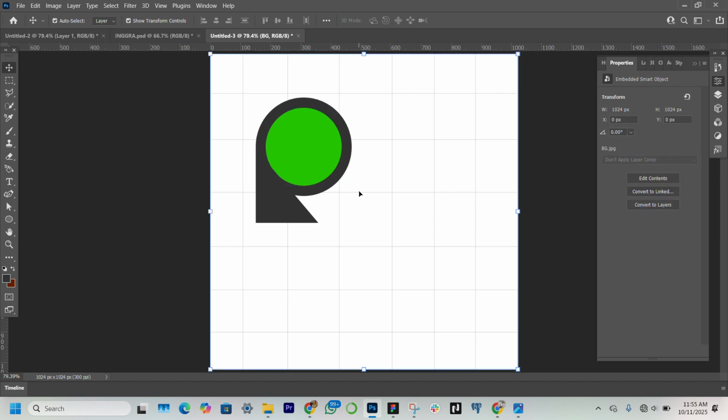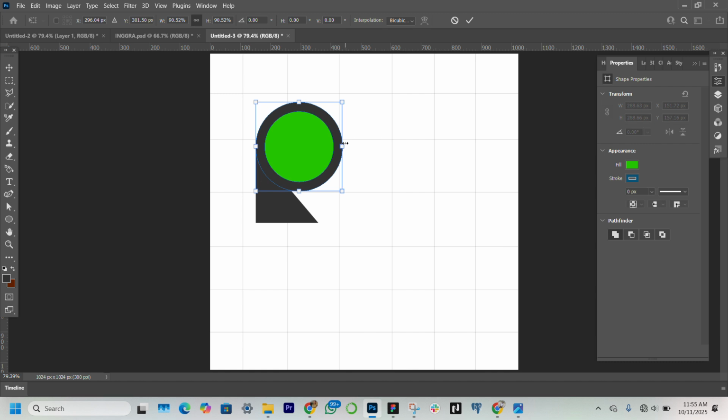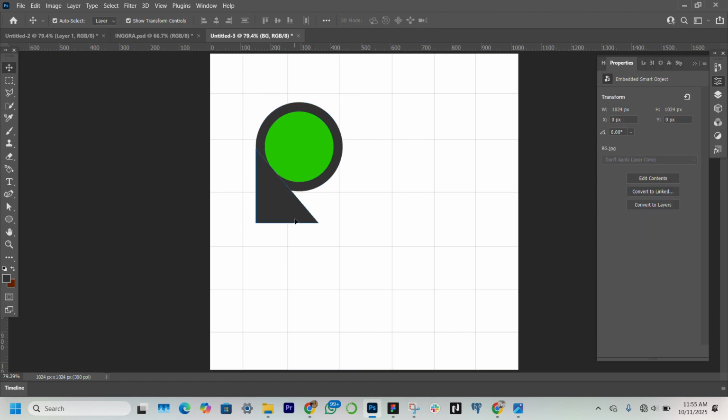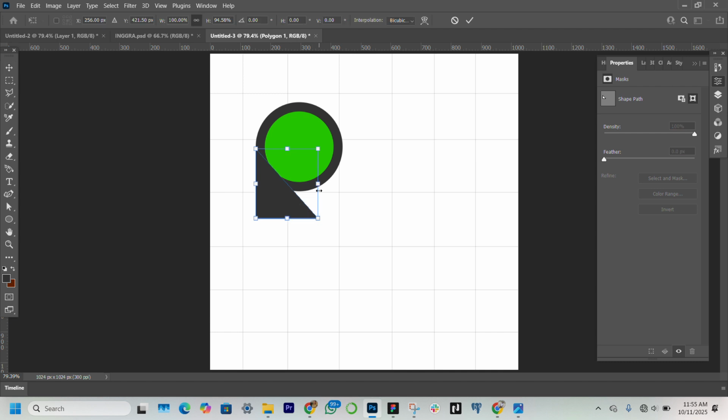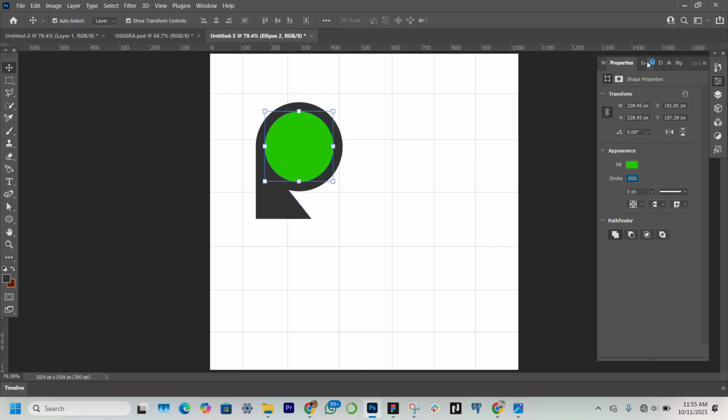And the next thing I'm going to do is I feel like this circle is too much, so I'm just going to click both of them and I'll Ctrl T and reduce this. This one as well, I'll reduce this and I'll reduce this. Okay, so now that we have this, the next thing I'm going to do, I'll click here, I'll head over